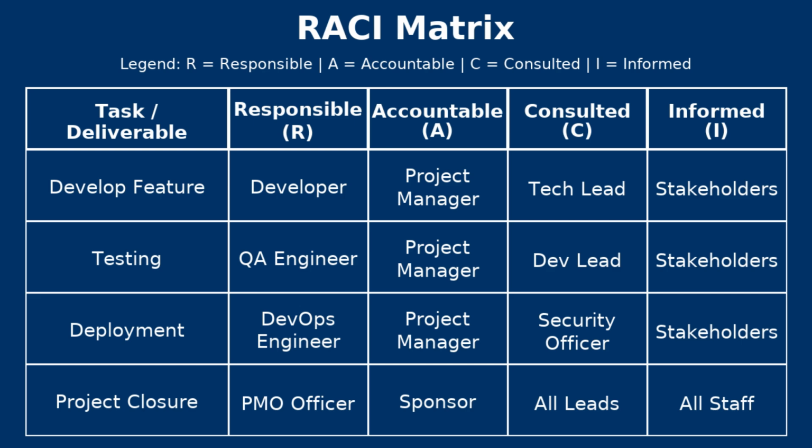So as project managers, our role is not to do all the work, but to make sure roles are clearly defined. The RACI Matrix is a communication map. It ensures alignment, accountability, and smooth collaboration. Imagine you are running a software project. Without RACI, testing delays might be blamed on development or deployment could stall because no one knows who signs off. With RACI, there is no finger pointing. Roles are clearly transparent. The RACI Matrix is not just a tool, it's a communication contract.